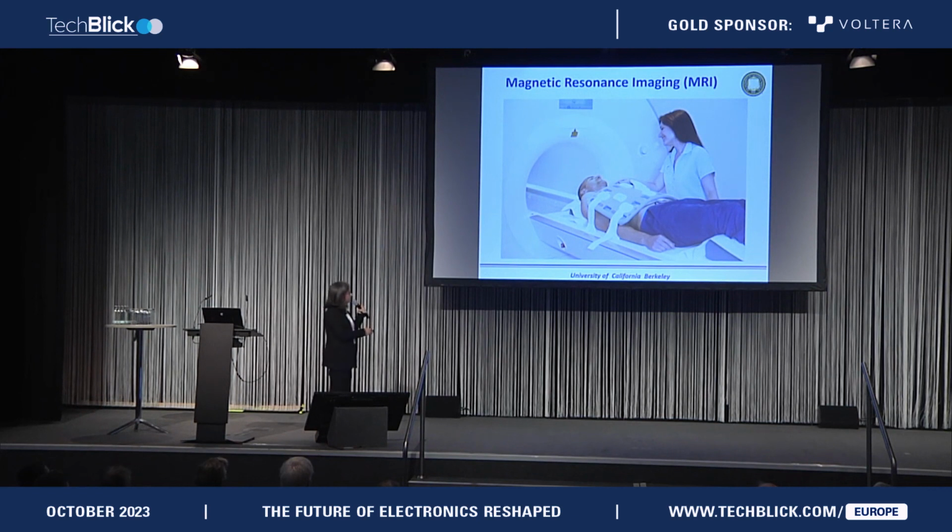Typically these coils are used for body imaging, also for head imaging. And most people that